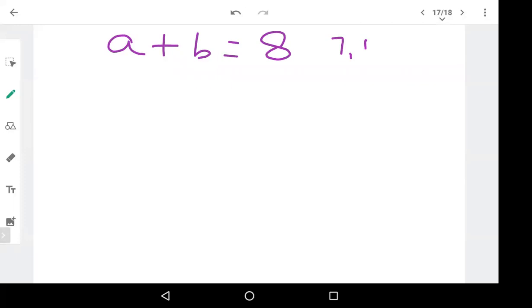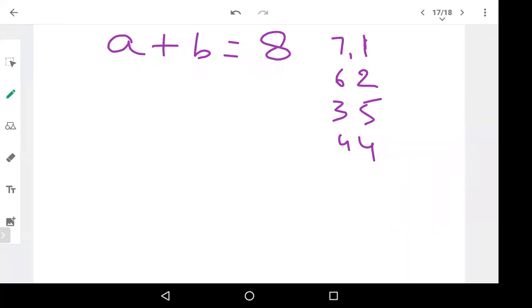7 and 1. 7 plus 1 is 8. No, don't go with multiplication. Just go with addition. Yeah, 6 plus 2, 8. 3 plus 5, 8. Yeah, correct. 5 plus 3, 3 plus 5, anything is 8. 4 plus 4, that is also there. 2 plus 6, yeah, 6 plus 2 is done. Same things are getting repeated. The order does not matter, it's fine.